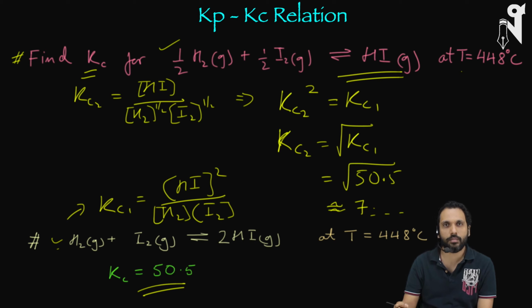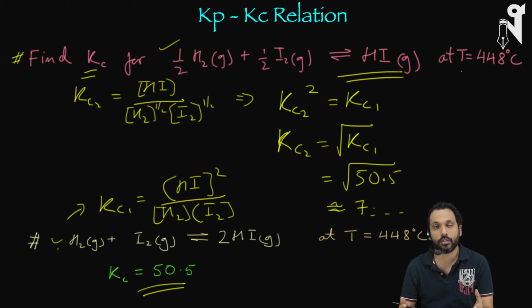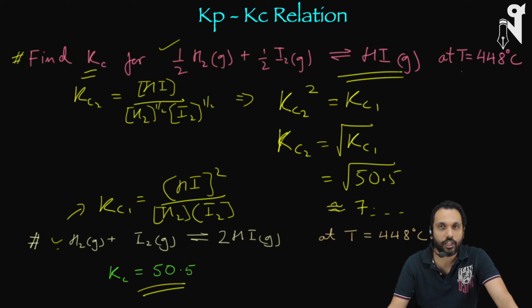And then if you disturb the equilibrium, if 3-4 species are in equilibrium and we take away one, or put in extra one or two of the species, then what are going to be the values at the new equilibrium. Those kind of questions are the actual questions which are going to come. Those are the interesting ones. So this was all your groundwork. We are all set to do those kind of problems.